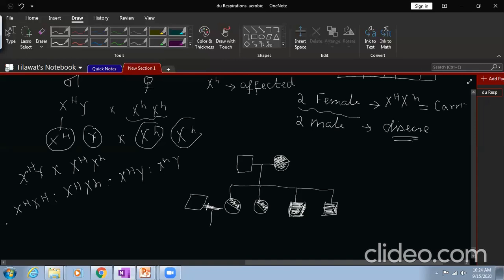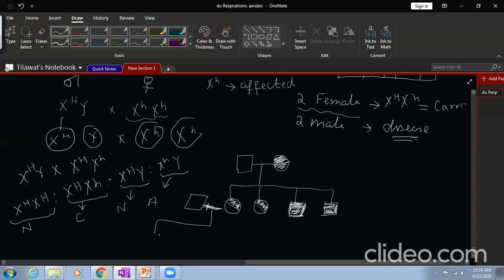So it means this female is what? Normal female. This is what? Carrier female, and this male is normal male, and this is affected male. So mention that in the pedigree, the offspring of these two will be